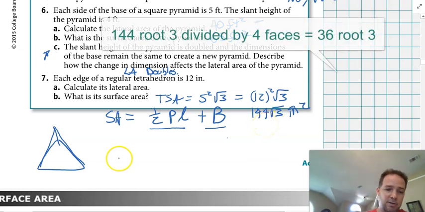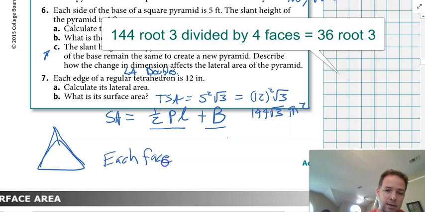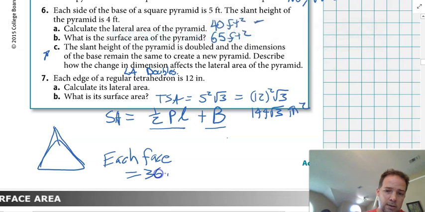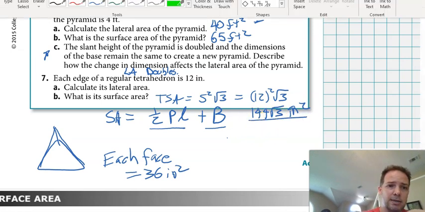So each face is 36. So subtract that, and we end up getting 108. So this was total, and then lateral would be 108